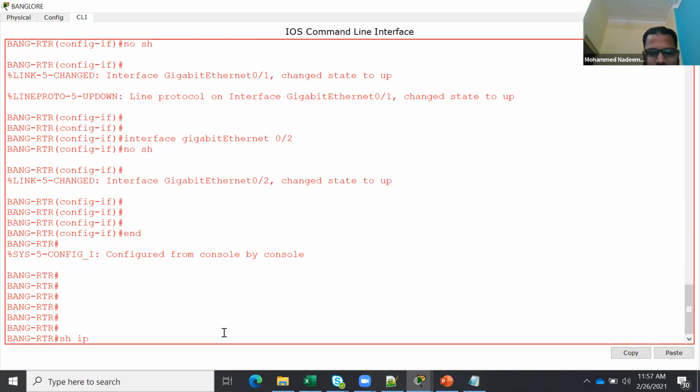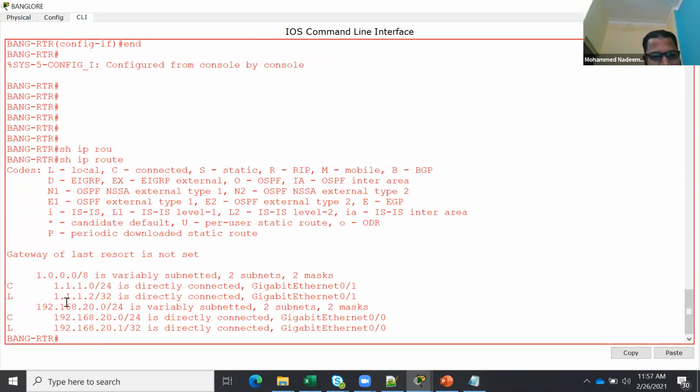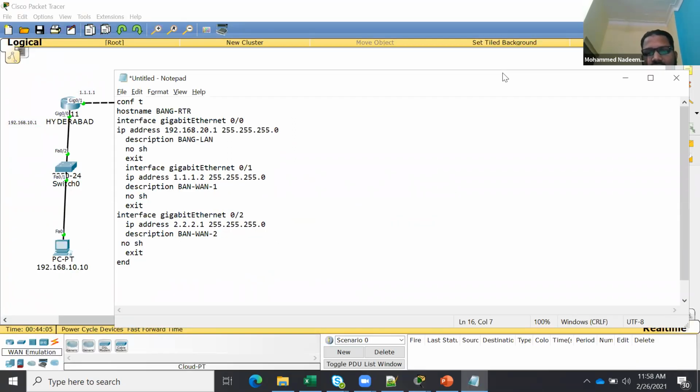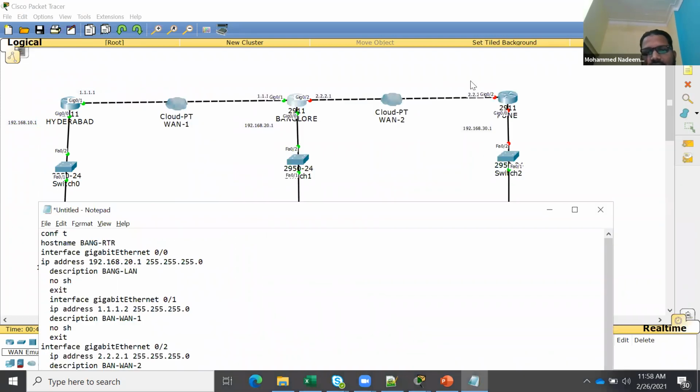If I check show ip route, can you see it is showing two LANs, 192.168.20, which is nothing but the Bangalore LAN, and this is WAN 1. I don't have WAN 2. Why? Because that side is not yet configured, right? So this network is up, Hyderabad and Bangalore.